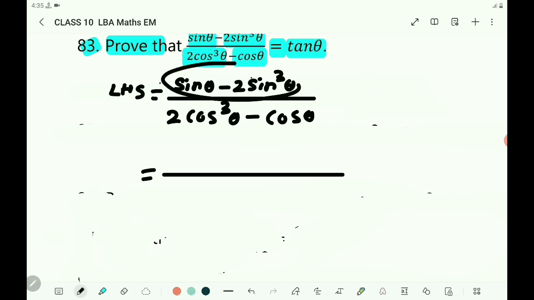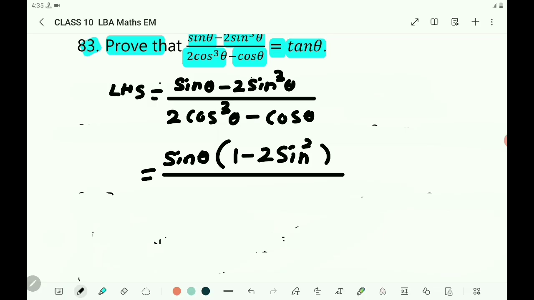equals, here you remove sin theta as a common, remove that outside. Sin theta is common, remove that outside. In the bracket, here what is remaining? 1 is remaining. 1 minus 2 sin square theta. Here cos theta is common, remove that outside. Cos theta into, here what is remaining? 2 cos square theta minus 1